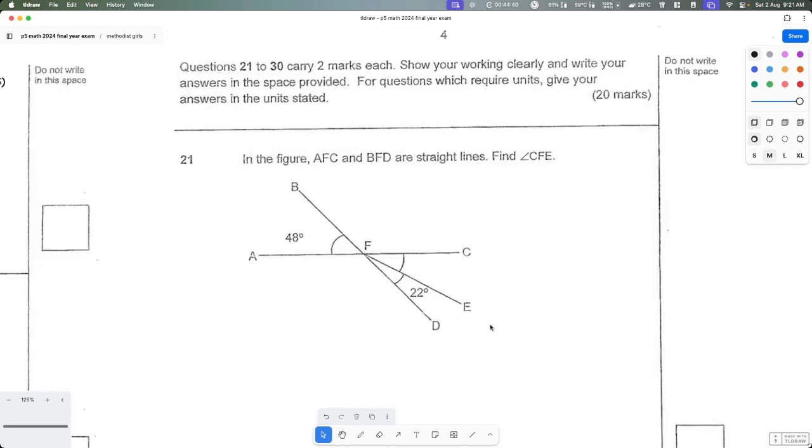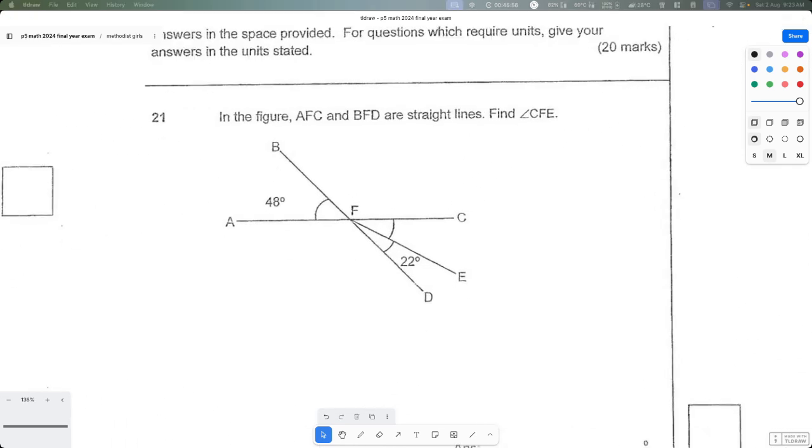Question number 21. In the figure, AFC and BFD are straight lines. So, straight lines AFC and BFD. I'm just going to draw this. It says here, find angle CFE. We know that if 48 is this part, then